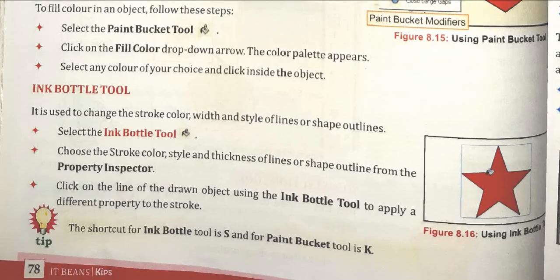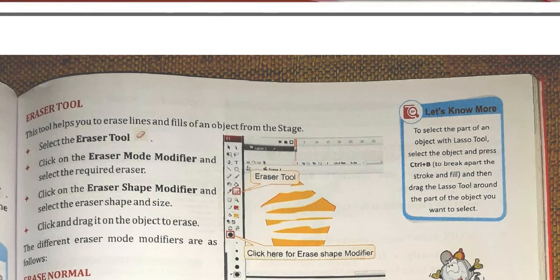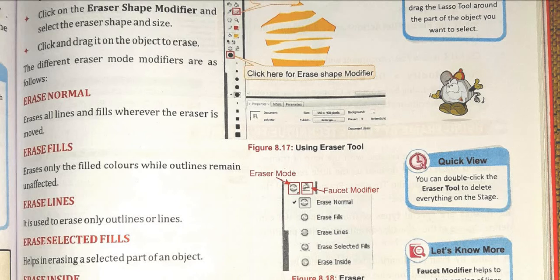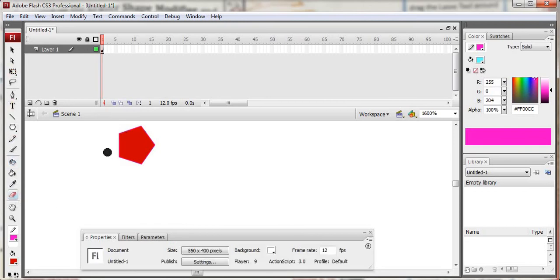Now next, the eraser tool. You know what the use of the eraser tool is, right? Eraser, normal eraser, fill eraser. These are the different modes. So here we have the eraser also, right? Where you can see this is the eraser tool. So I'll click this and I can fix its width from the bottom, right? Size and all.